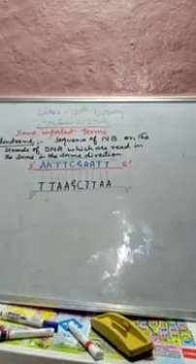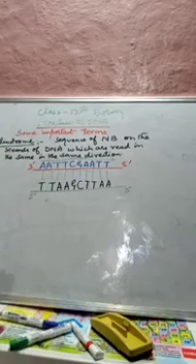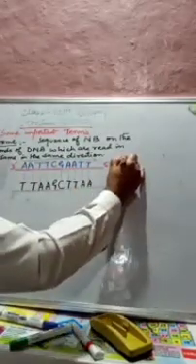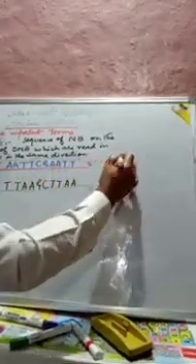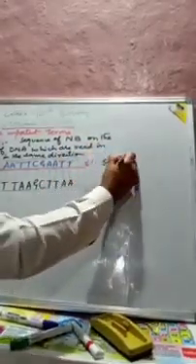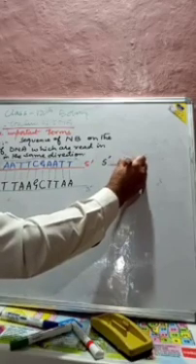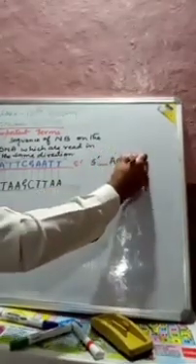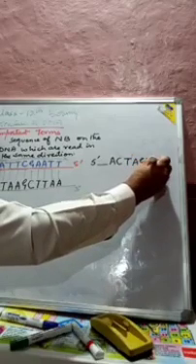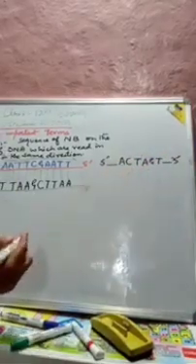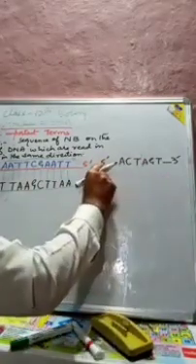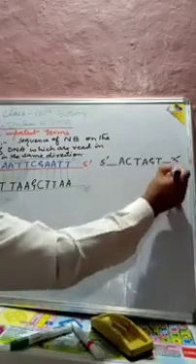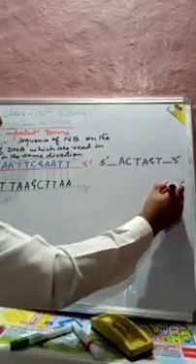I will give you another example. Now take another example. Again, we have started from this 5 prime. The sequence of nitrogen bases here is A, C, T, A, G, T. This is the first strand. Now take the second strand below. Here we went from 5 prime to 3 prime, and these are anti-parallel. This will be the 5 prime.